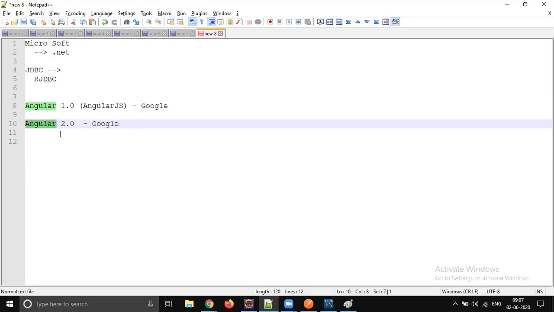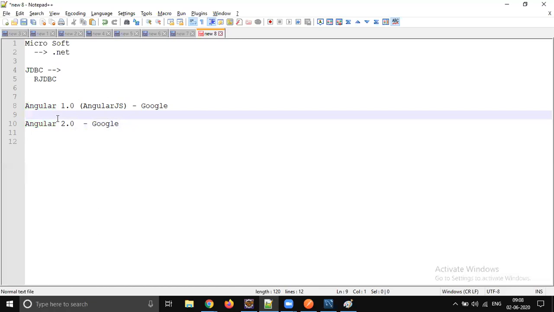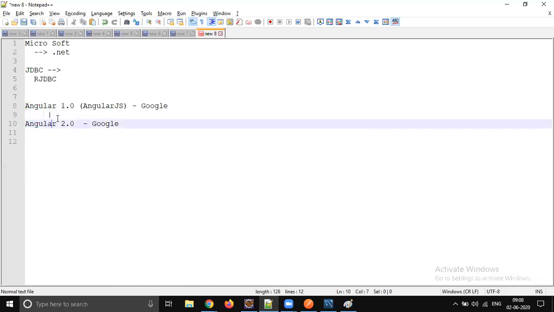We get these kinds of problems when we use third parties. Third-party software is risky because we don't know when they will stop support or make changes. All of a sudden they will stop backward compatibility. We don't have any backward compatibility from Angular 2 to Angular 1, so anything needs to be done, you have to do it in Angular 2.